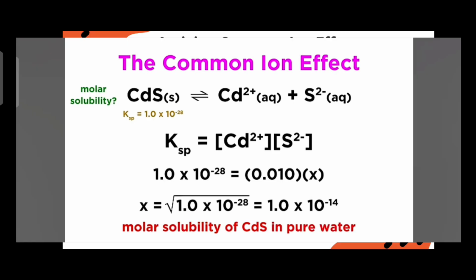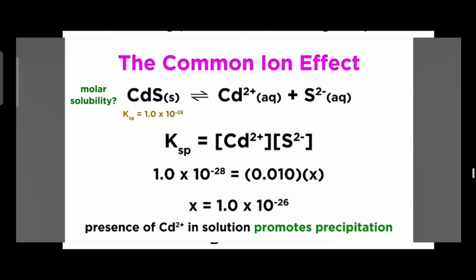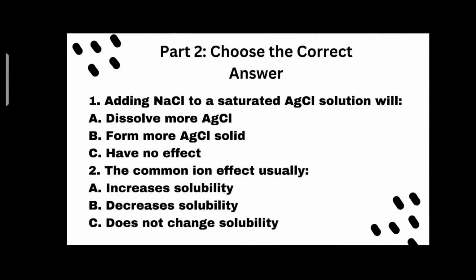Without the cadmium bromide, the molar solubility would simply have been the square root of the solubility product, which would have been significantly larger than the value we just calculated. So the presence of the cadmium ions in solution has reduced the molar solubility and will thus promote precipitation. And that wraps up an introduction to